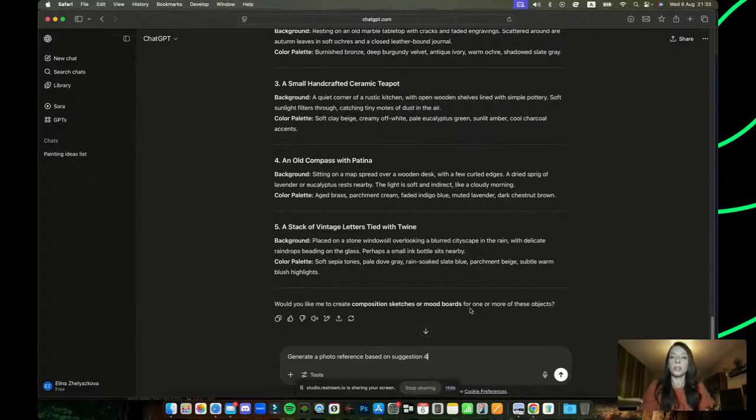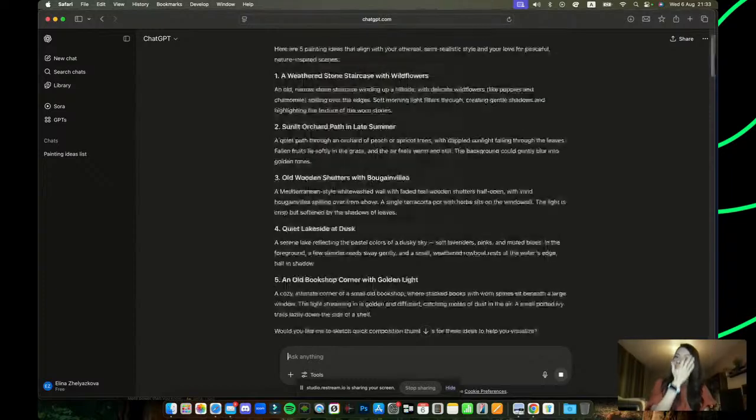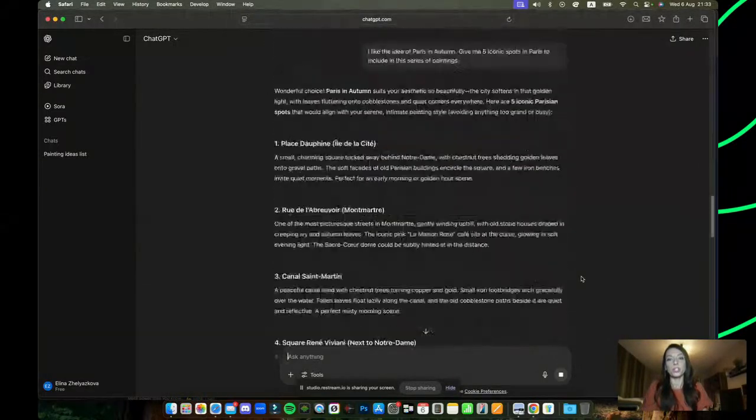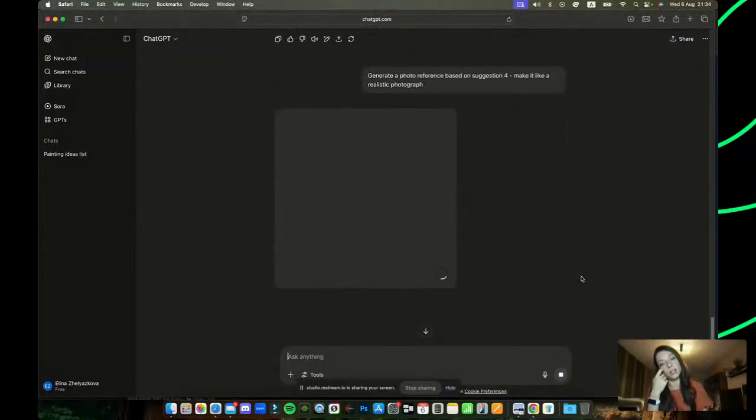So generate photo reference based on suggestion 4, and I always ask it to make it like a realistic photo, because otherwise it may give us a painting in a certain style, and we don't want to be influenced by that. So now it will try to generate a painting, an image. I'm not sure if it will do a good job. So it's very slow